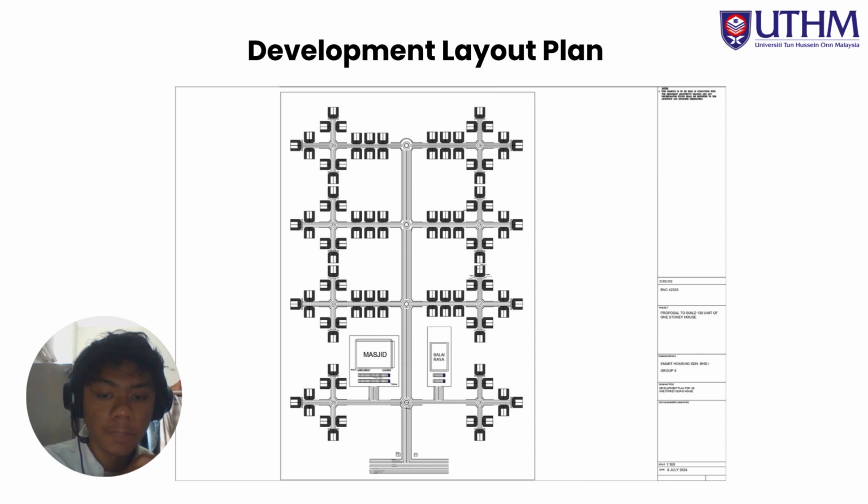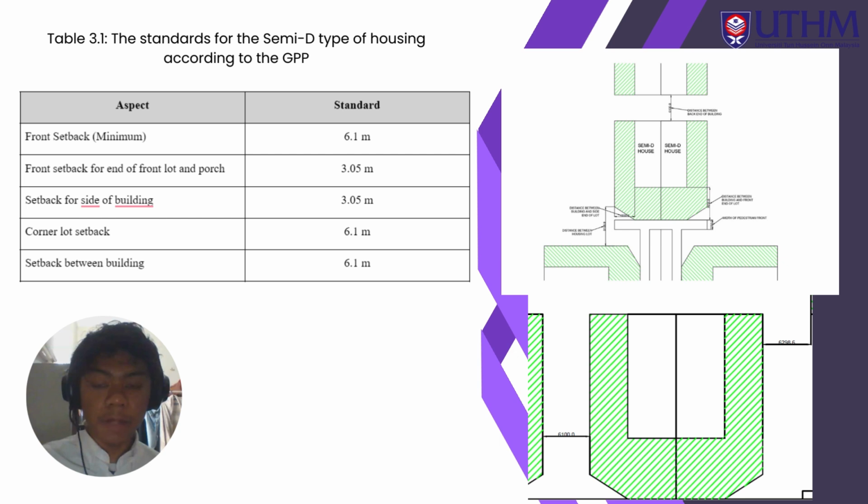Within our development plan, we plan on placing a masjid and also a community hall. The design of the development plan is placed in the shape of a tree with its end branches and its middle branches, with housing placed in the end of the branches and in the middle of the branches. The houses that we plan on producing are semi-D type of housing, which are built according to the Garis Panduan